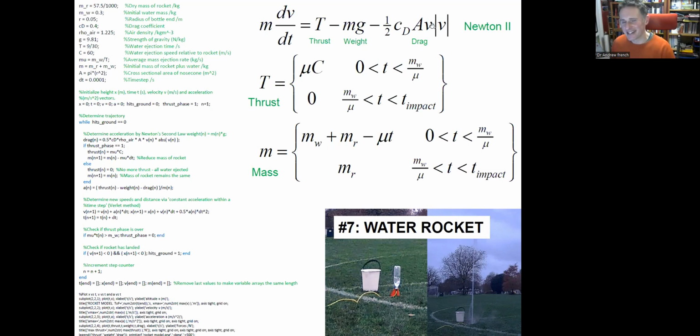Hello. So this is what we just met today. It goes as the square of the speed. And what I've got here is the velocity times the magnitude of the velocity. And that means the drag always opposes motion.